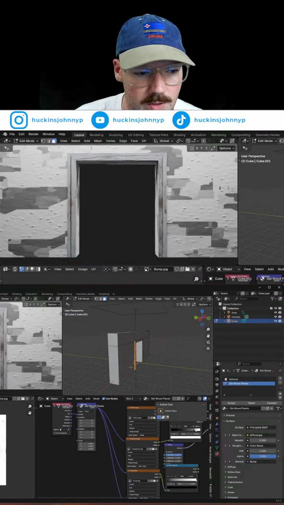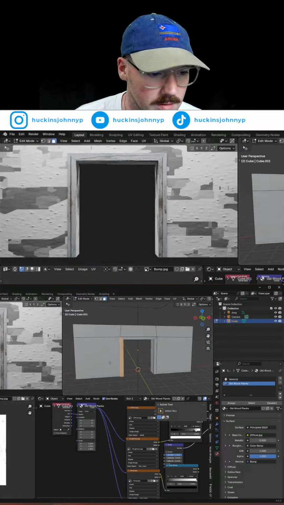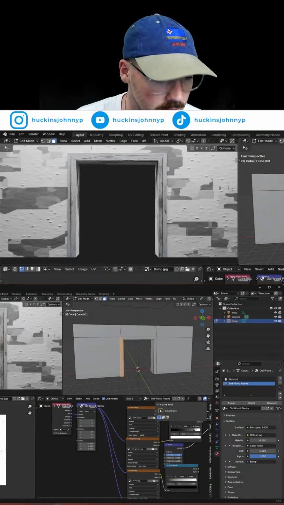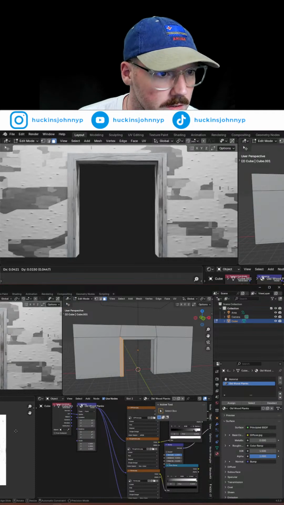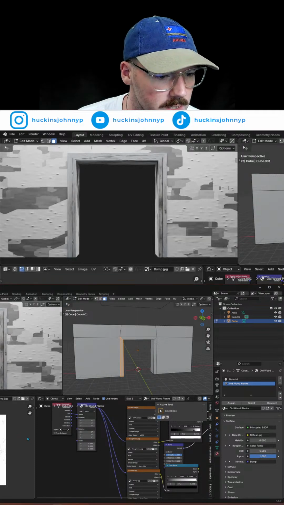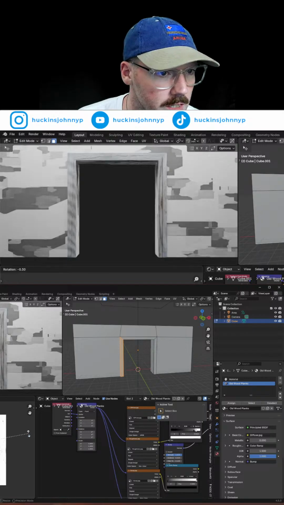And these two will do the same thing. Scale Y, GX. We just want it to be slightly rotated so that you're not noticing the